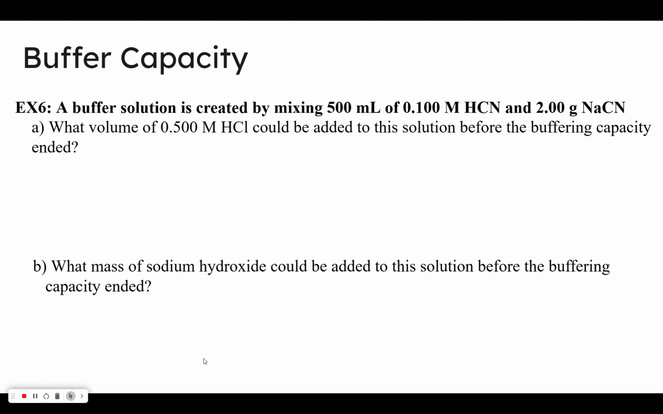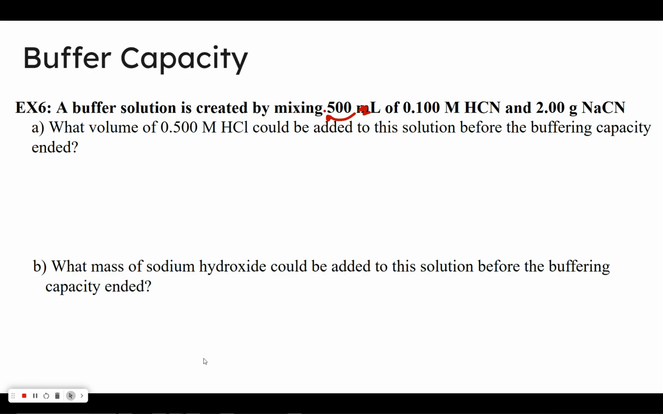As we're looking at this first buffer solution, it was created by mixing 500 milliliters of 0.100 molar hydrocyanic acid with 2 grams of sodium cyanide. That is a buffer. We've got our weak acid and its conjugate there. And it's always a good idea, I know I said we'd start by figuring out which component is going to get canceled out, but whether it's asking for us for the pH or the buffer capacity, a good first step is always to find our moles of our buffer components. So I'm going to turn this into liters and then multiply those together,